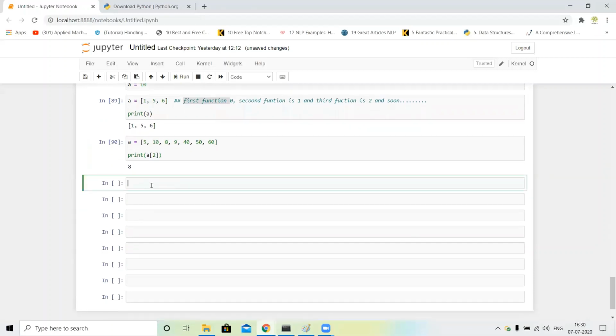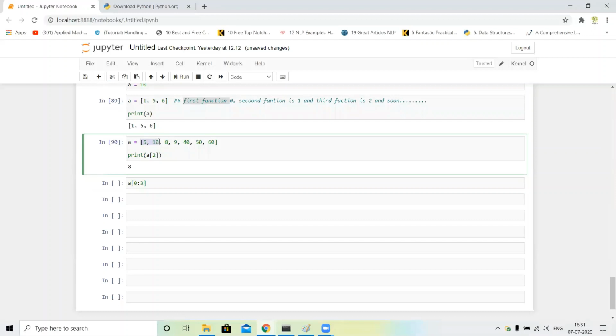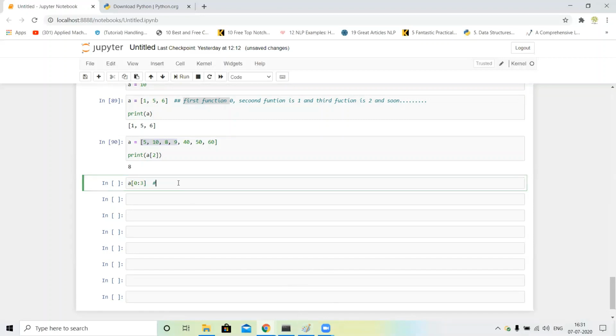Next, we extract our data 0 to 3. I just write a of 0 to 3, guys. What is 0 to 3? 0, 1, 2, 3. In the slice, our output goes up to n minus 1.